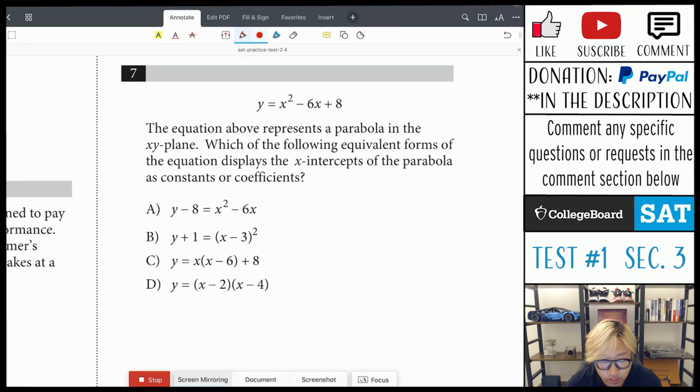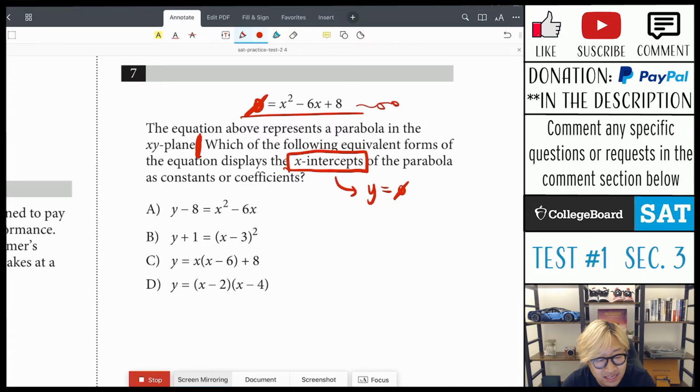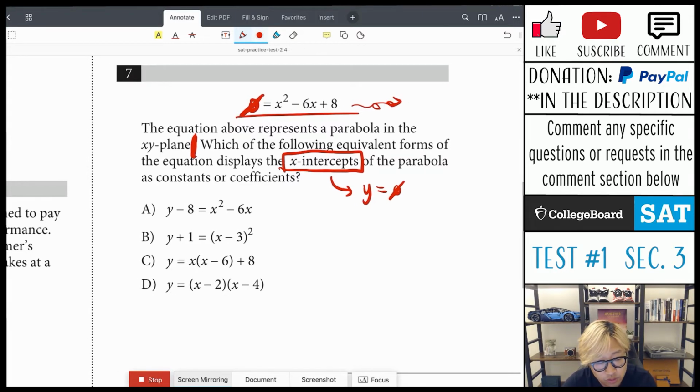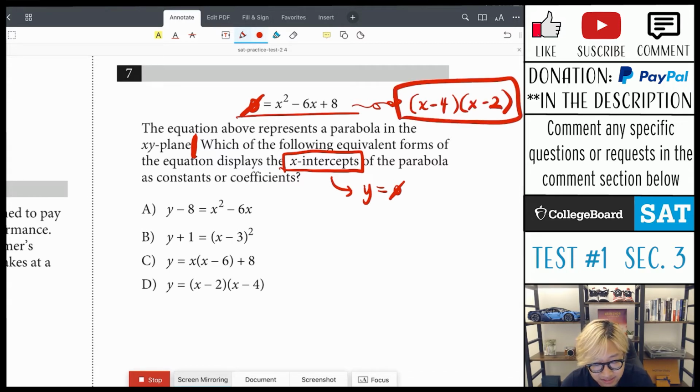Number 7, the equation above represents a parabola in the xy plane. Yes, that does indeed look like a parabola equation. Which of the following equivalent forms of the equation displays the x-intercepts of the parabola as constants or coefficients? So what shows you the x-intercept? Well, what do we know about x-intercepts? The y is 0. So set y equal to 0, and that does look like the factoring that we always do. So it's going to be factored into x minus 4 and x minus 2, and that looks like choice